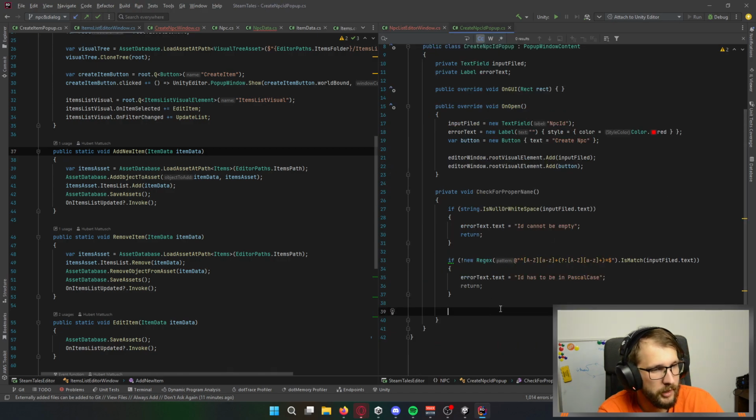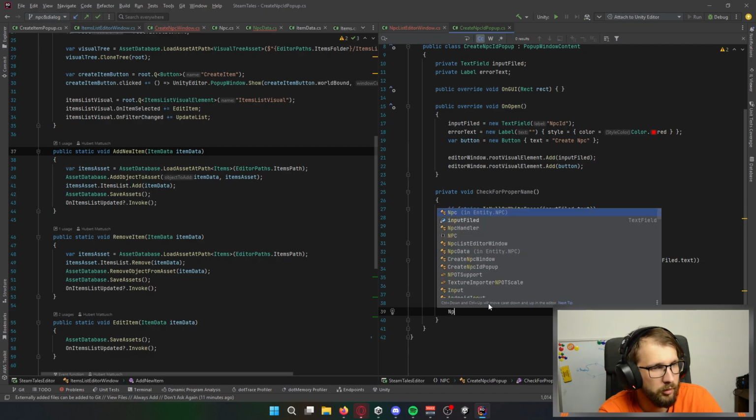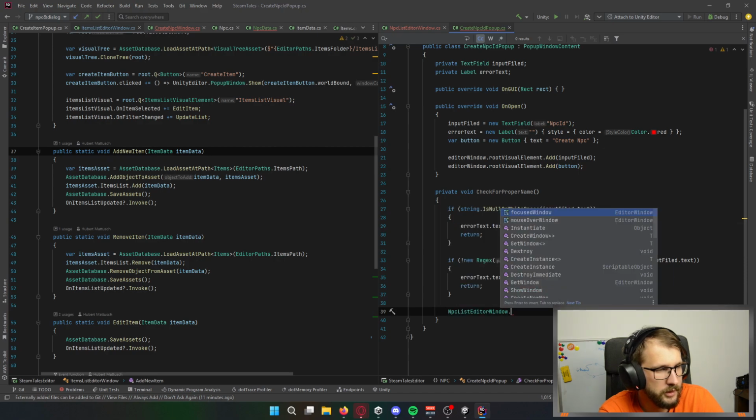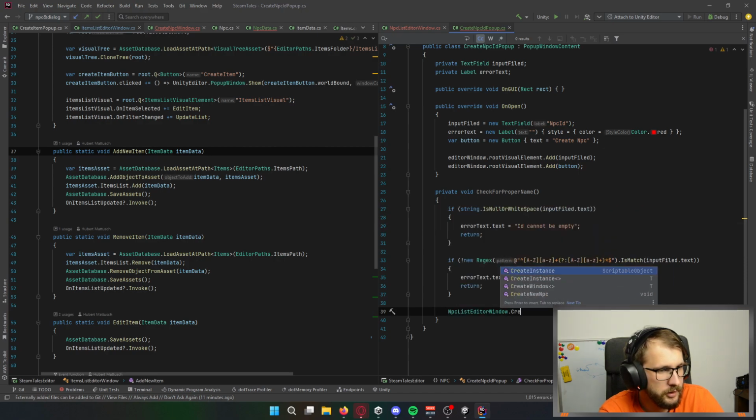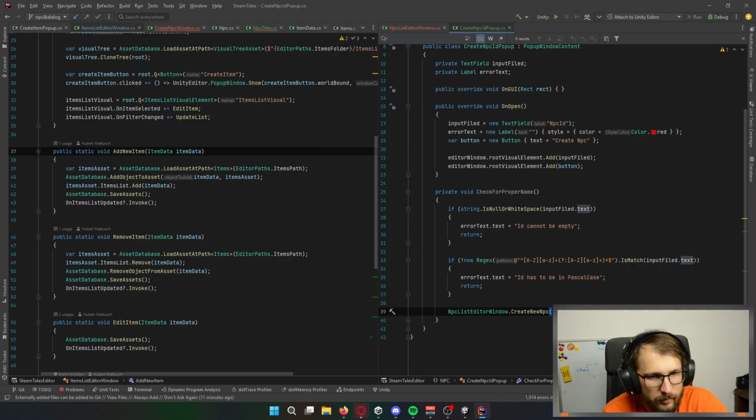So here I can simply call NPCListEditorWindow that creates a new NPC with the input field's text. Okay.